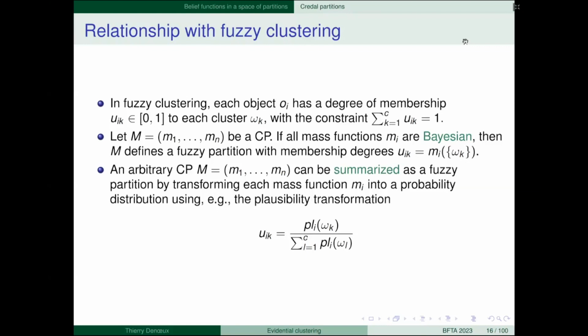You just take the plausibility of the singletons and you renormalize, and you get a probability distribution. If you do this for all the mass functions, you summarize the Credal partition into something simpler, a fuzzy partition. You can summarize further by just retaining for each object the most plausible class, and then you get a hard partition.